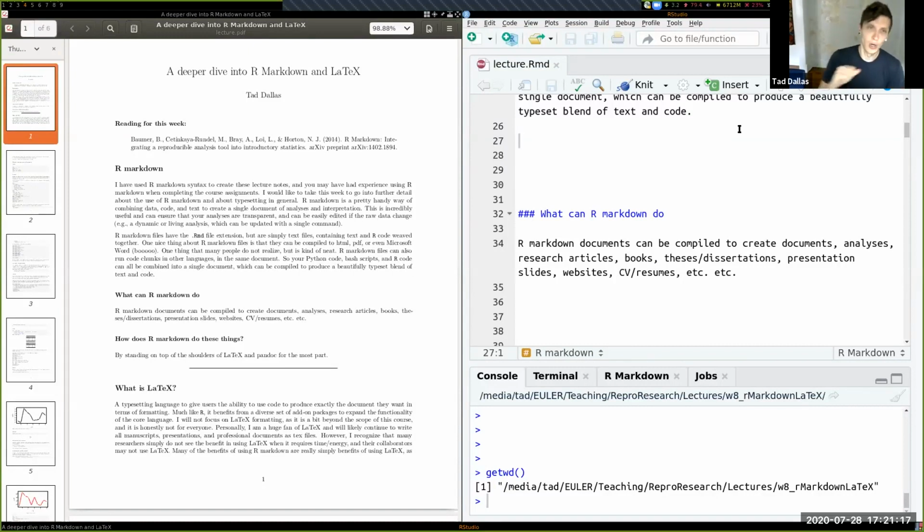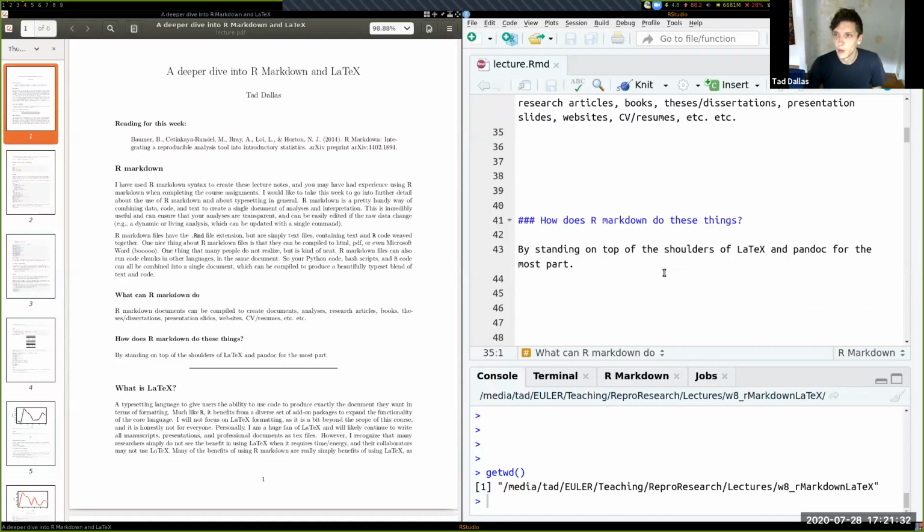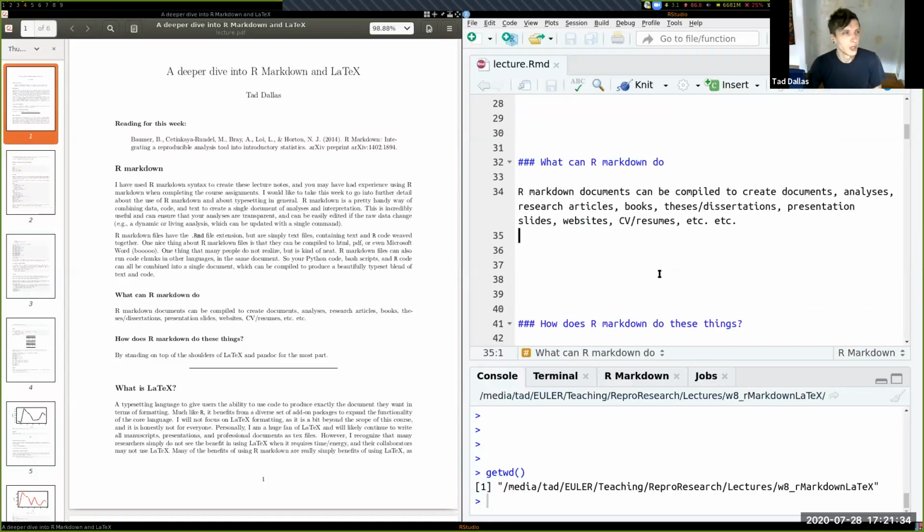So as I mentioned before, R Markdown, while I'm going to talk about it mainly in terms of these dynamic or living analyses, can actually do a lot of different things, including writing books, presentation slides, websites, et cetera, et cetera. And we'll go into how you can do this using R Markdown later.